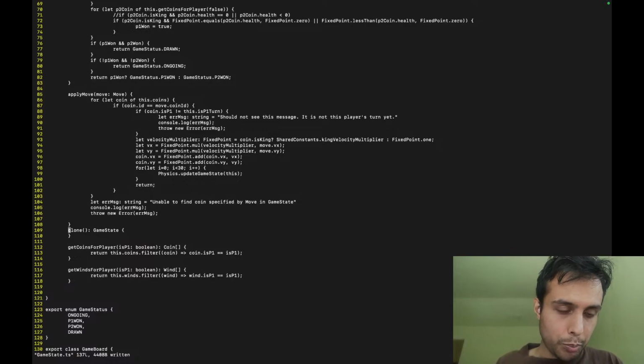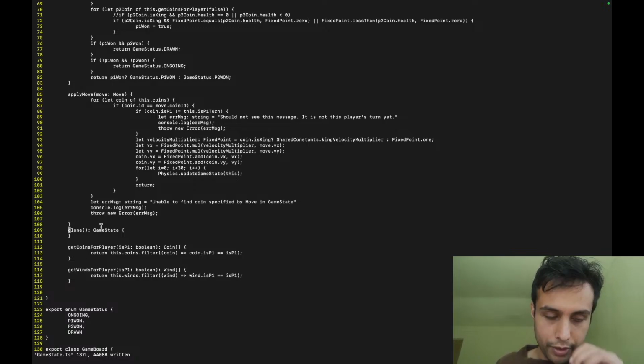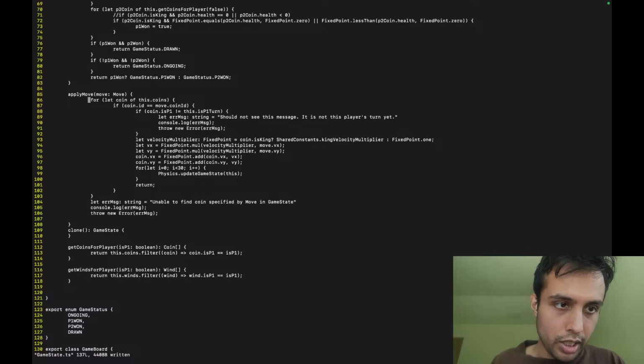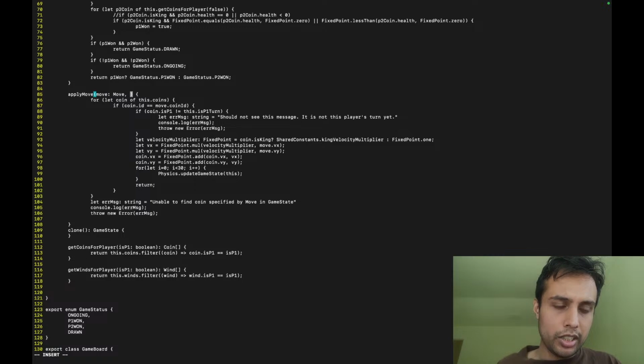We're treating it as a black box. Let's pretend that it does a clone. It's not been implemented yet, but just pretend that it does. We need this function on any state, because the Monte Carlo search expects states to have a clone feature, right? When it's actually hitting a leaf node and it's going to apply move on it for the first time. So now when we apply the move, we're also going to take it. I was thinking of making this an optional parameter just to preserve it, but I do want it to force an error, so that I'll have to edit the MCTS search function to pass in the new thing too.